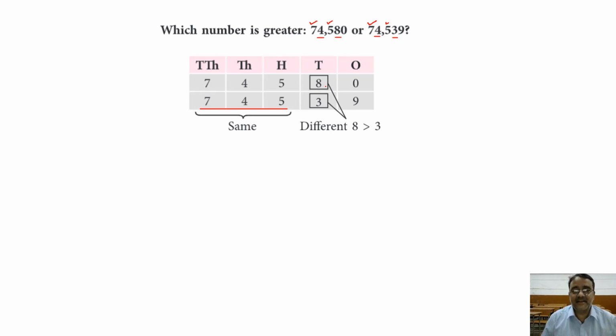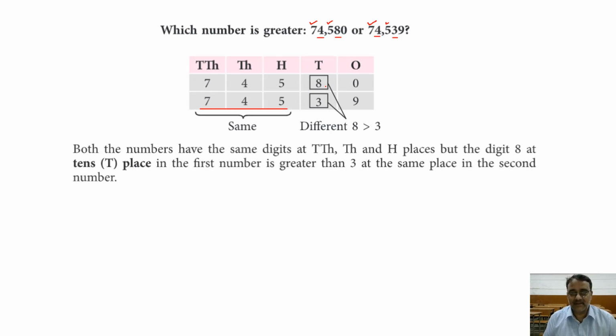That means 74,580 is greater than 74,539. Okay, so both the numbers have the same digits at 10,000, 1,000 and 100 place, but the digits at tens place are different, and 8 is greater than 3. That is why we come to the conclusion that 74,580 is greater than